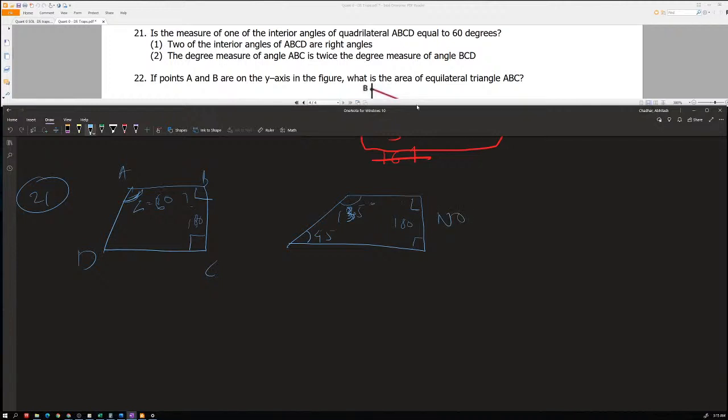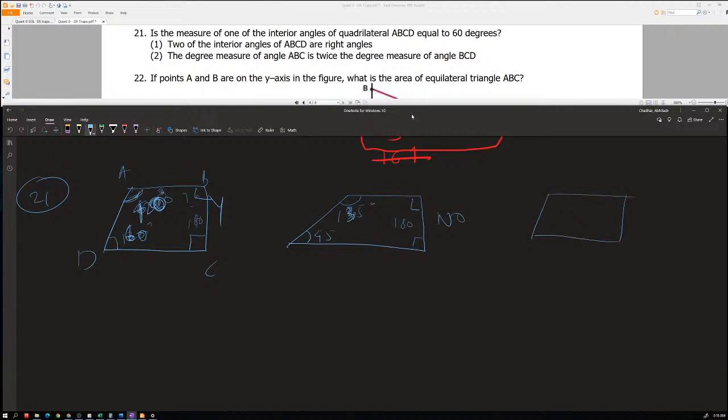We get a no answer here, and for a yes answer definitely this could be 60 degrees, and yeah, this could be 120 degrees. Sorry, this has to be 120 degrees. This looks more obtuse. This could be 60 degrees. Fine, that's possible. Yes answer and no answer. Next thing, the degree measure of an angle ABC. Okay,